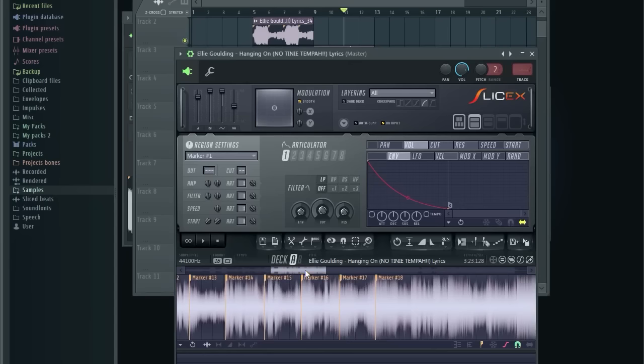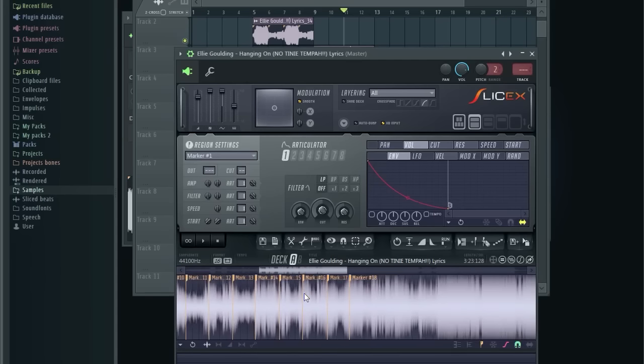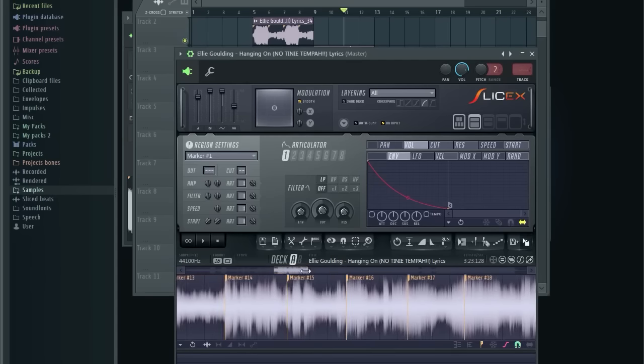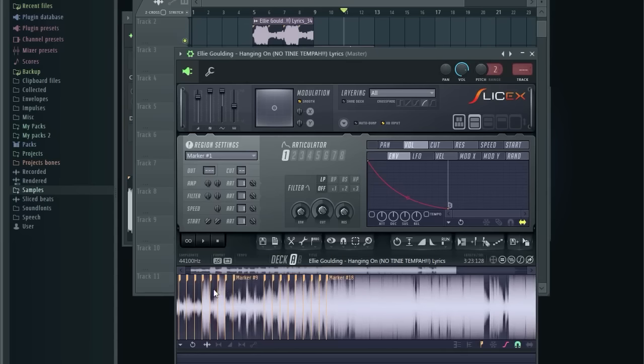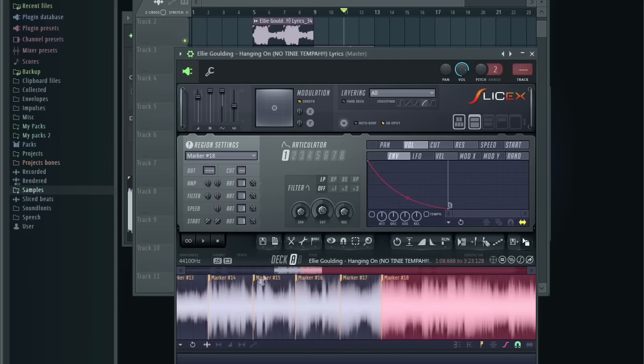Alright, so that's it. I think I should mention, when you cut your samples, you want to find parts that do not contain drums, or the parts that have little to no drums. So let me show you. The parts that we were cutting, they have no drums, but if you listen to this part over here, it has so many drums you cannot use this part. See what I mean?